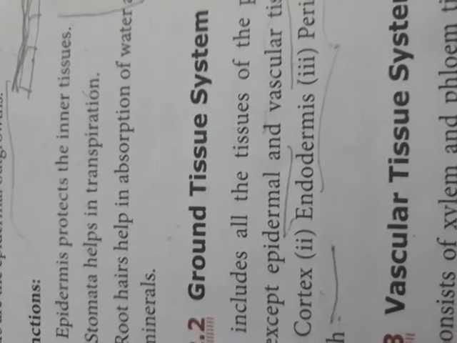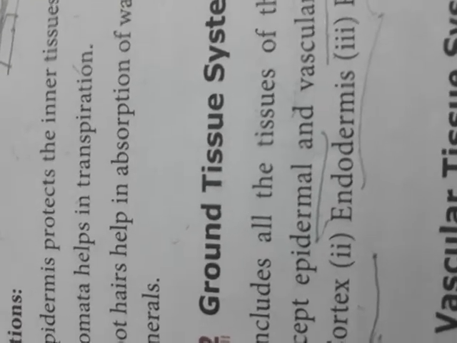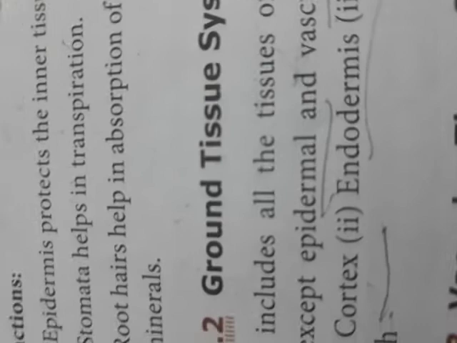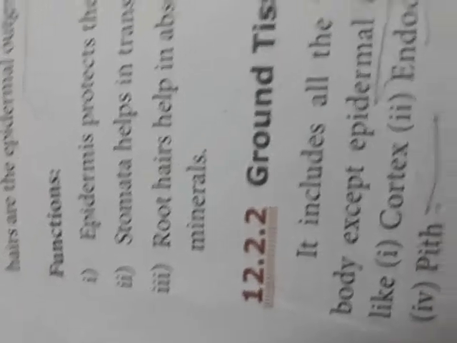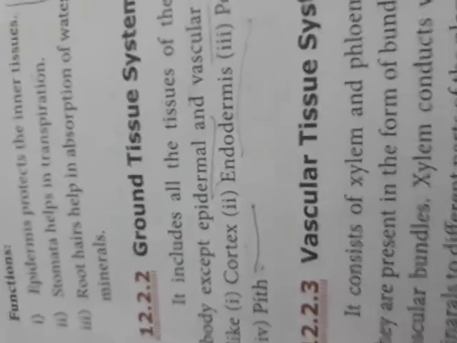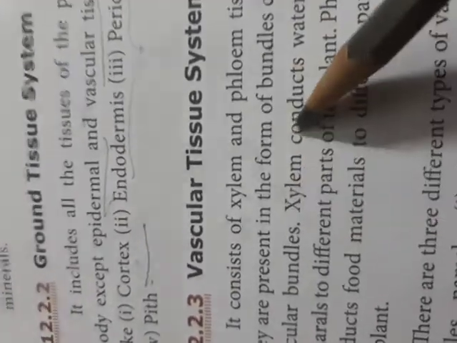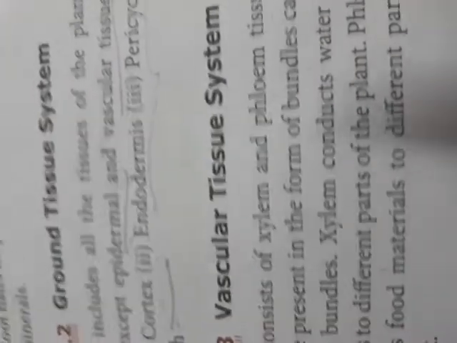Good morning, students. Now we have discussed just now there are three different types of tissue systems that are present in a plant's body. First one already I have told, that is called the epidermal or dermal tissue system, their components and functions. Second type of tissue system, which is called the ground tissue system, what are the parts, what are the contents. The third type of tissue system, which is called the vascular tissue system. Vascular, whenever the word is coming, means it is related to xylem and phloem. It consists of xylem and phloem tissue. When they are present in the form of bundles, they are called the vascular bundle.